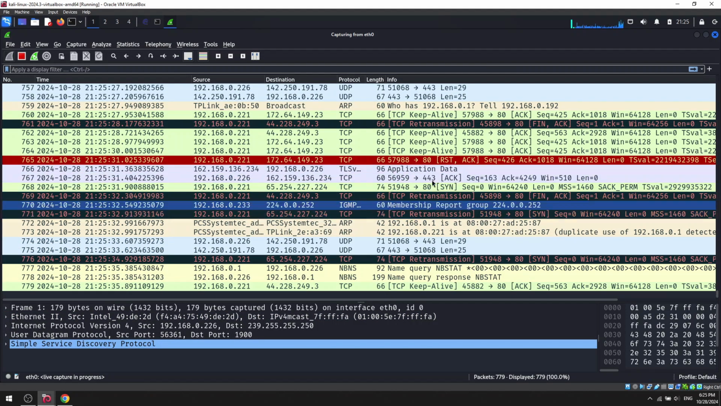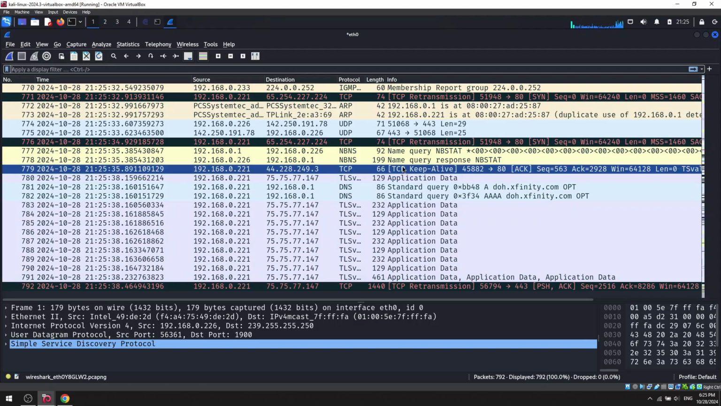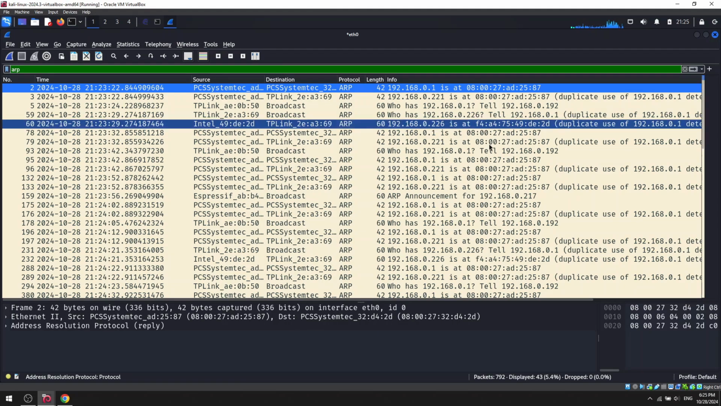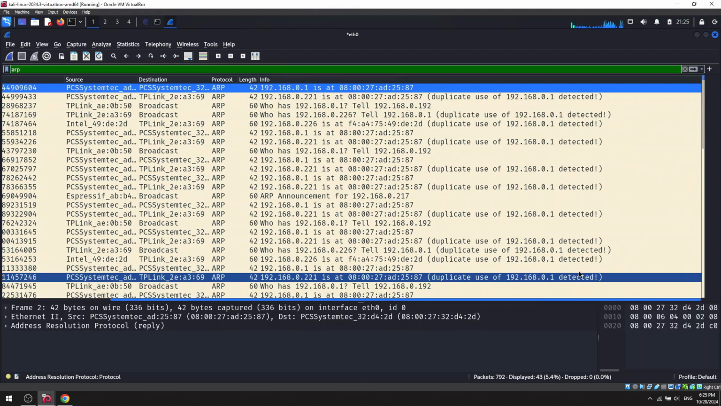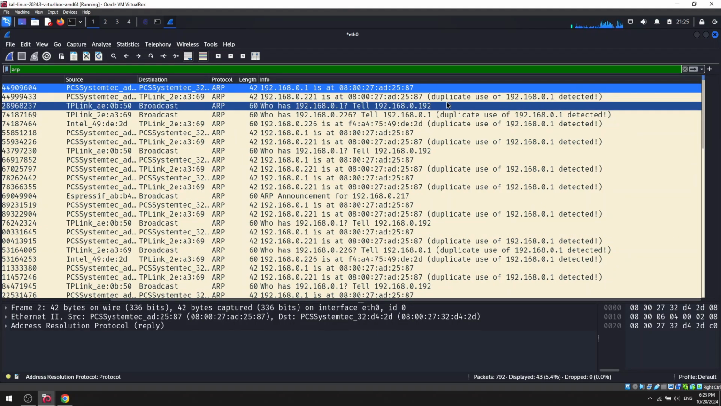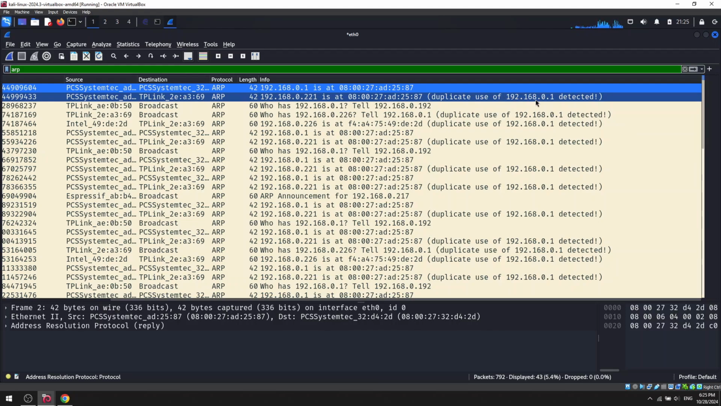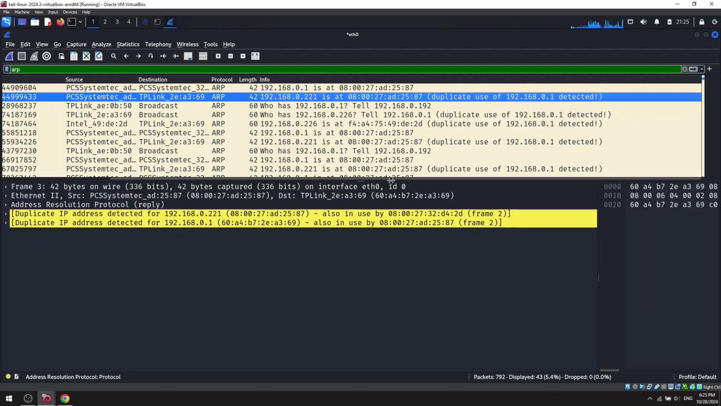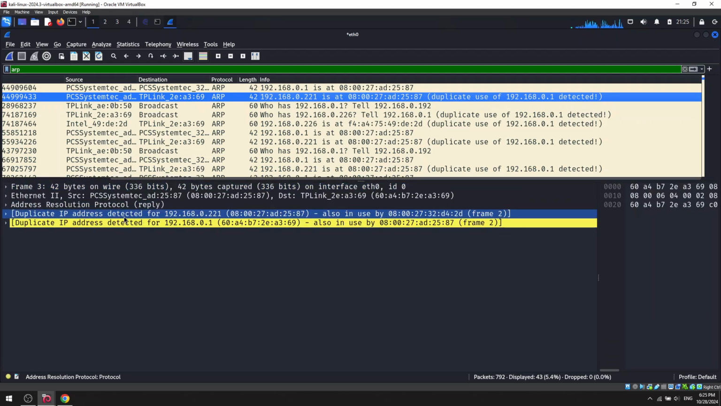And let's go ahead and stop this, and let's analyze this traffic. So in the display filter, I'm just going to be looking for ARP requests. And we see here on the right side this warning: duplicate use of 192.168.0.1. This is important. This is proof that our ARP spoofing worked. And you can see here it says duplicate IP address